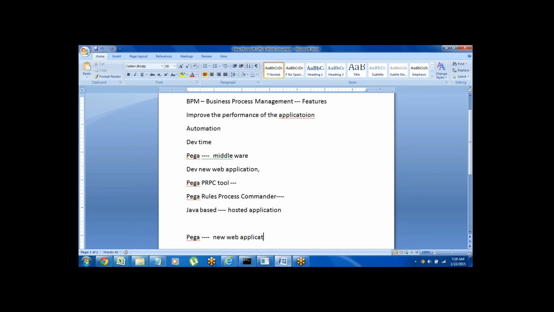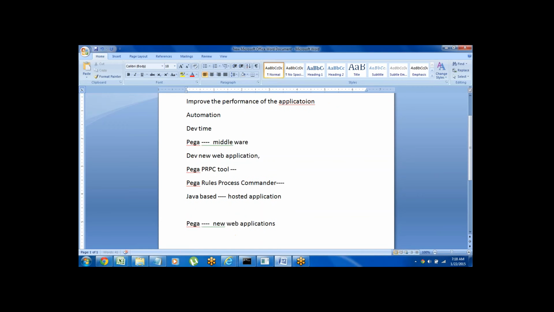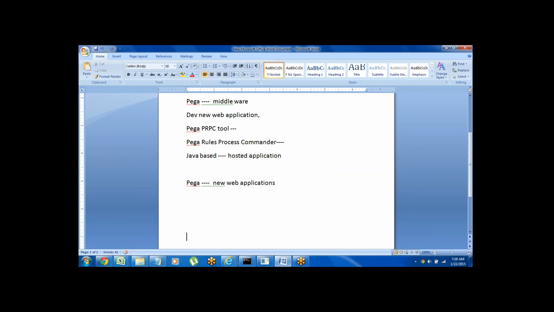The main thing is, when we develop anything in Pega, for example whenever we create web pages, it will automatically generate the Java source code in the backend.